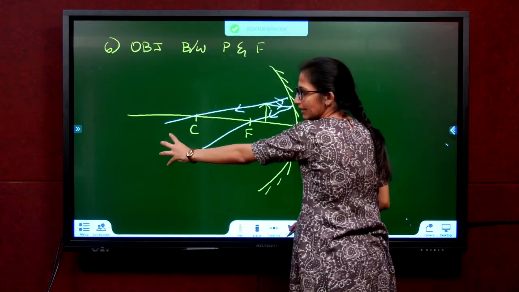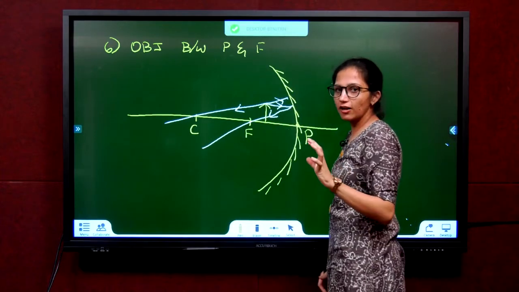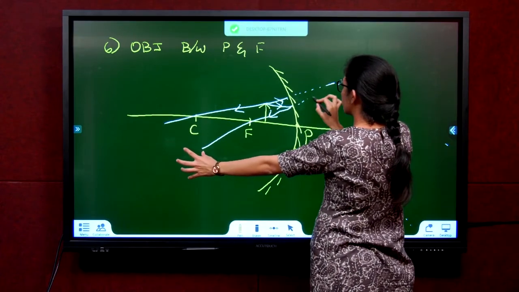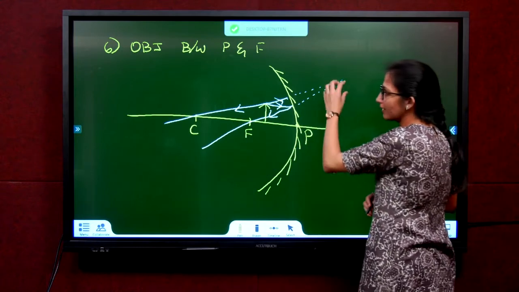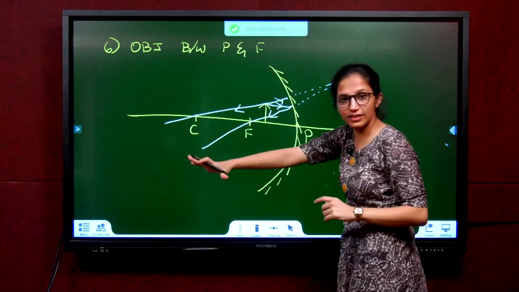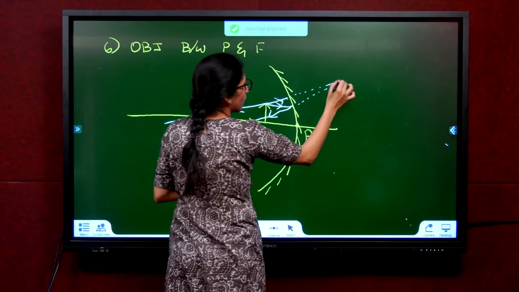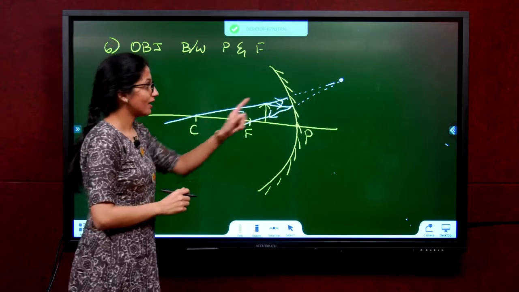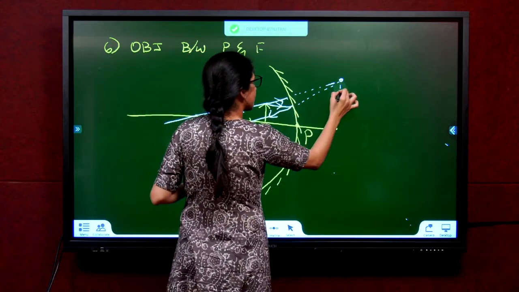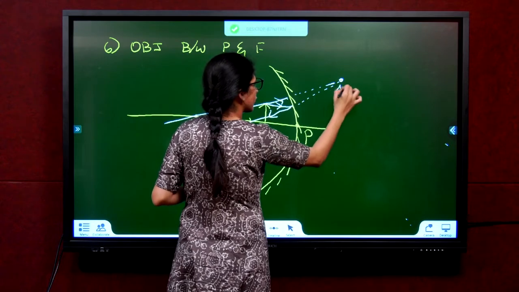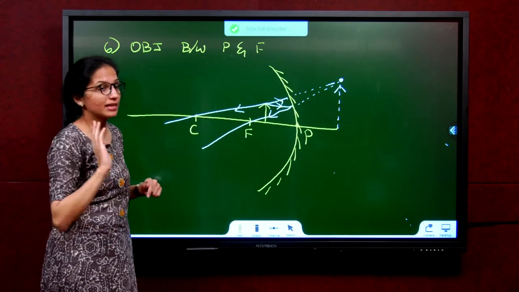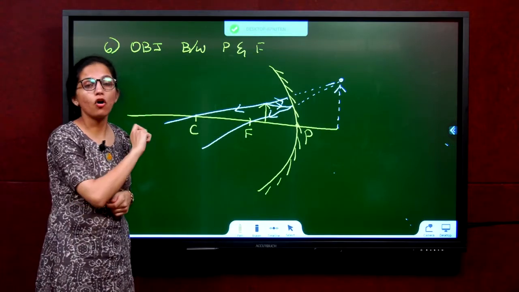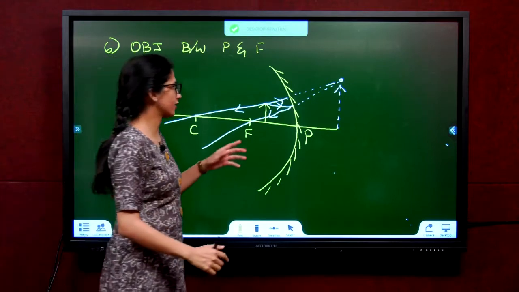If there's a person standing here, he does not know physics, he does not know there's a mirror. He will think, oh, the light rays are coming from here. He does not know physics. So, this point is where they appear to meet. Is it really meeting? No. Appearing to meet. That means there will be an image. In dotted you have to put because it's virtual, it's not really happening, it's imaginary. This is the only case of concave mirror which gives you virtual image. All other cases, real and inverted.